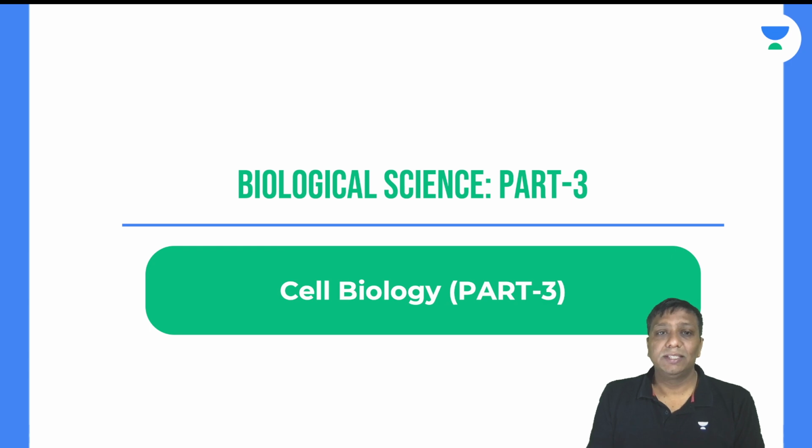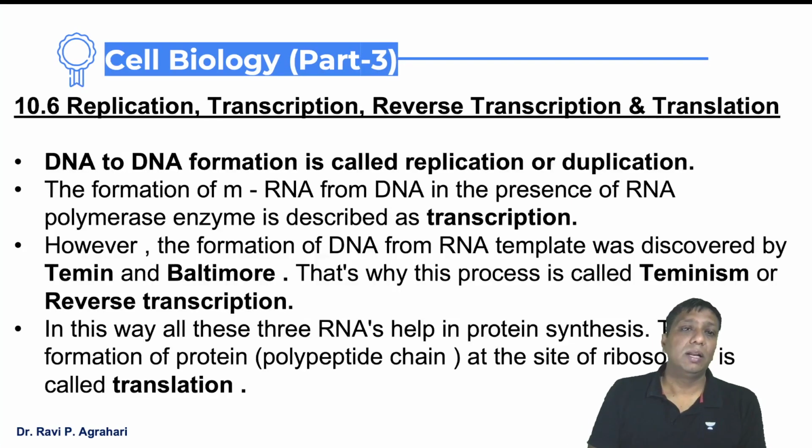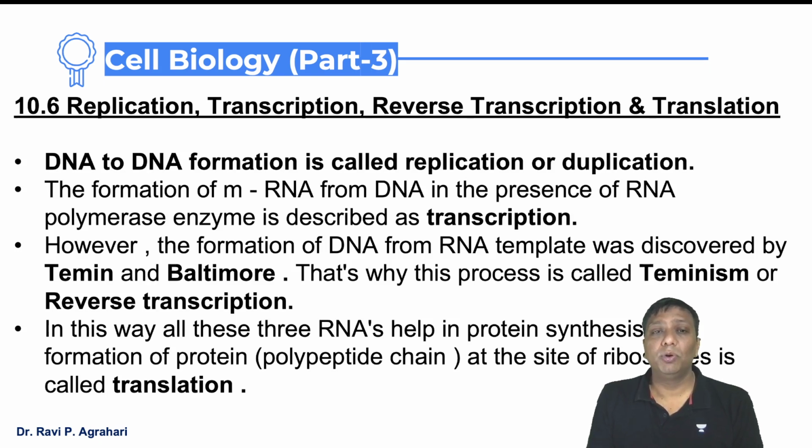So it's biological science, part 3 of cell biology, and here I'll explain the remaining part. In the previous lecture I stopped with the nucleus, and you have seen that inside the nucleus there is DNA, and along with DNA, one more nucleic acid, that is RNA. You have seen 3 types of RNA. Now the question is, what are the roles of DNA and RNA inside our body? I will explain this entire concept with the help of replication, transcription, reverse transcription